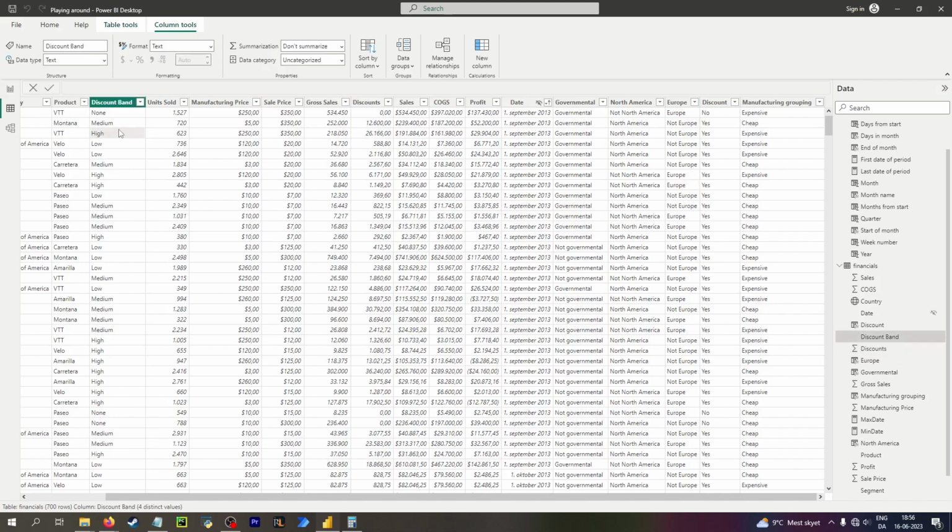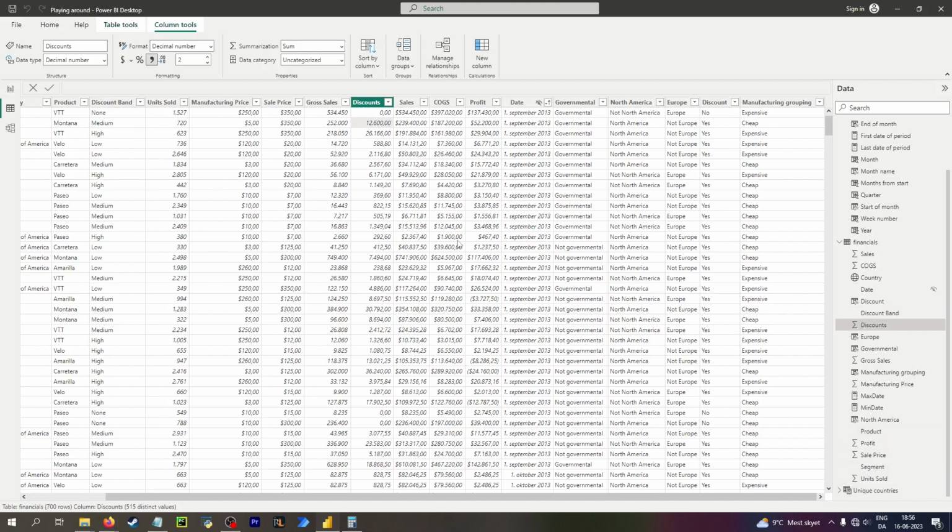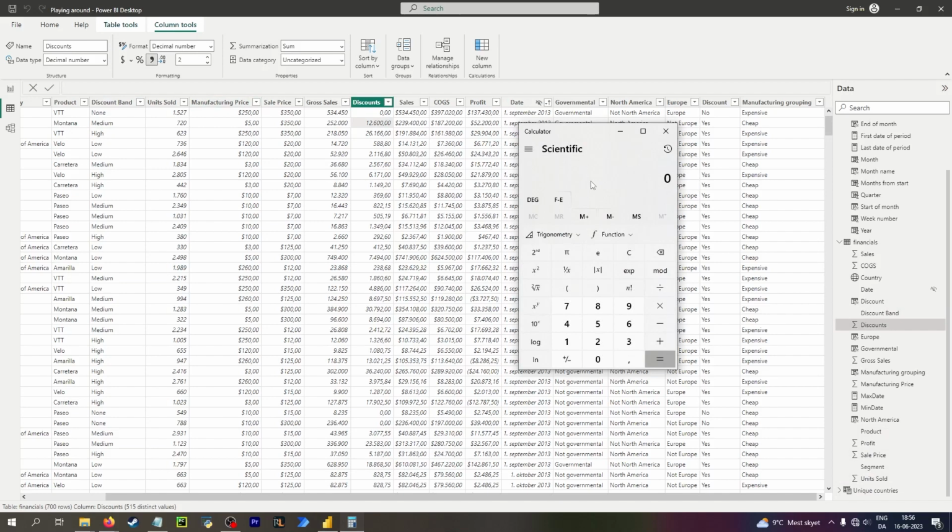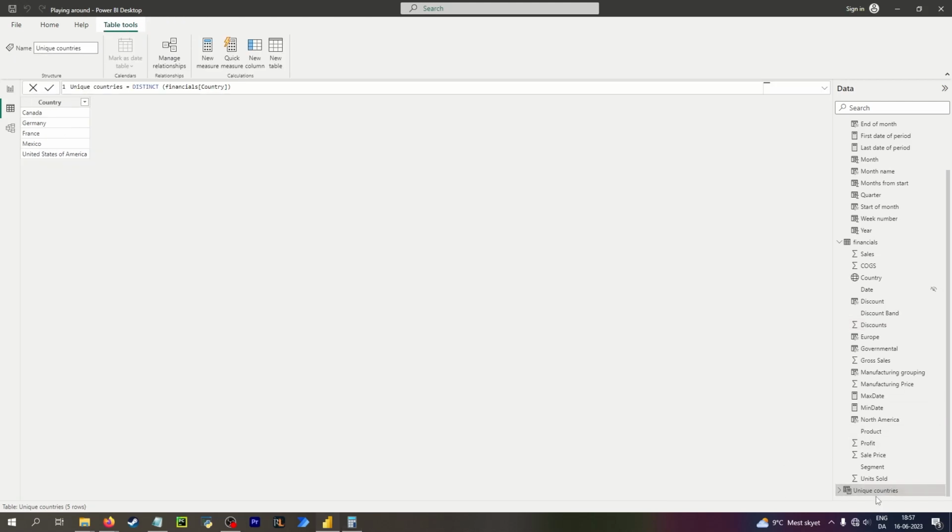Except maybe figure out what the percentage is that the discount is. Because that would be something I'd want in a table, and then I can do a related function. So I want that actually. And I assume the discount is on the gross sale. So medium is 5%. So I want to add another